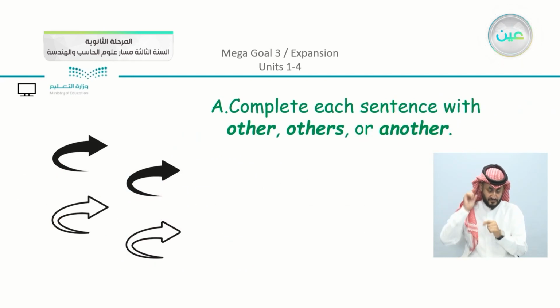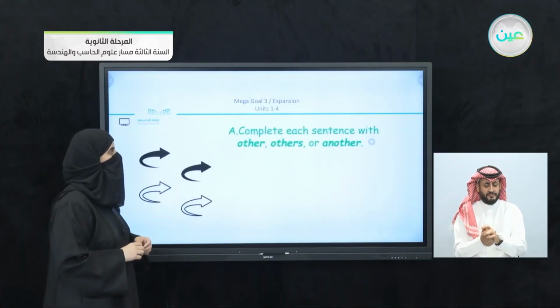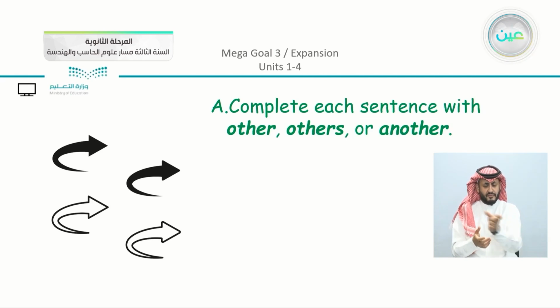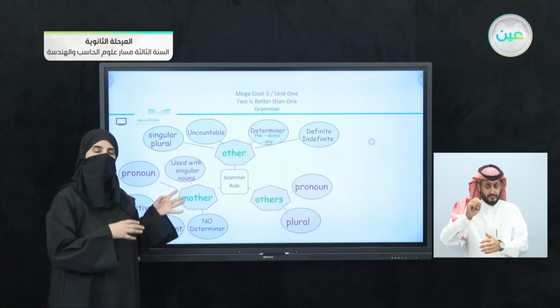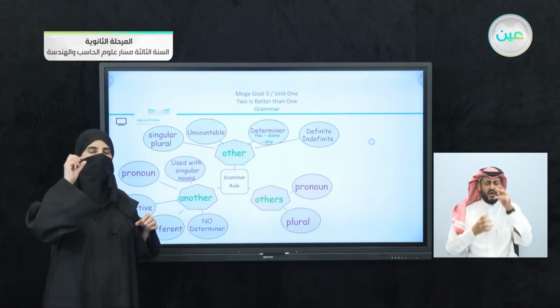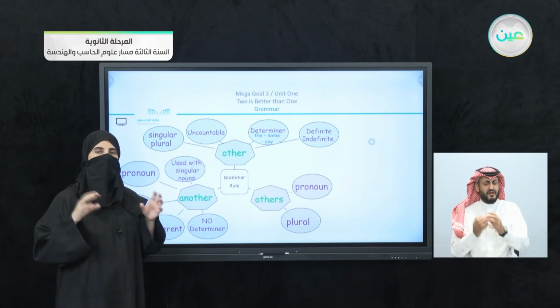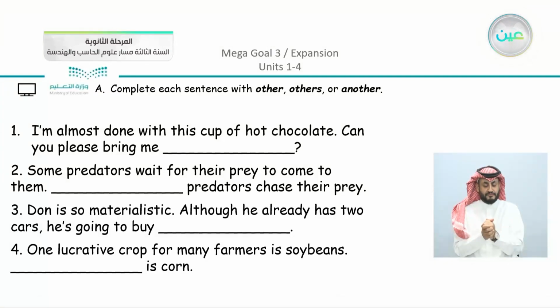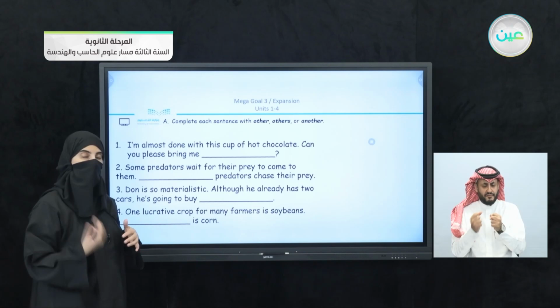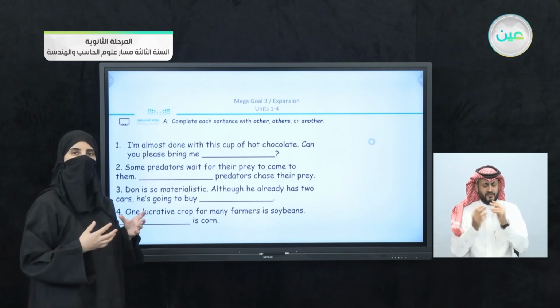Now, in the book, we have the first task. In the expansion, we have A, which is to complete each sentence with other, others, and another. So we can see that we have here the graph that we studied in Unit 1. Now we have the 3 words, other, others, and another. You can just recall what we said about each, and the characteristics that we applied within the grammar lesson that we studied. Now, we have the exercise. Complete each sentence with other, others, and another. Note before we start that we're going to revise vocabulary as well,